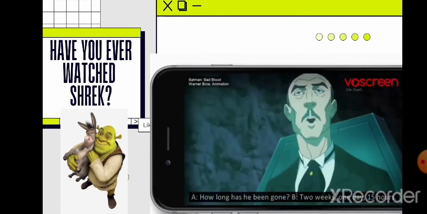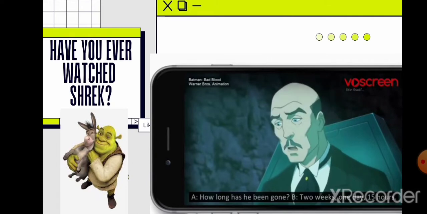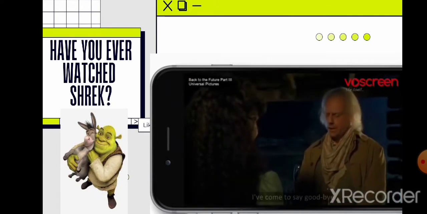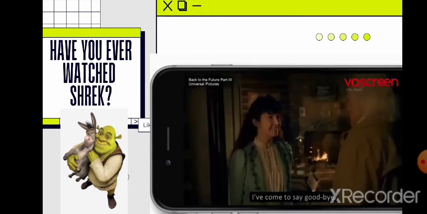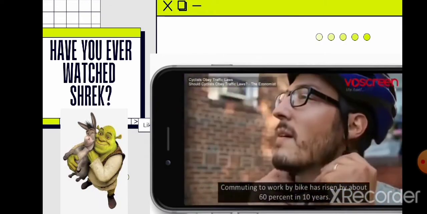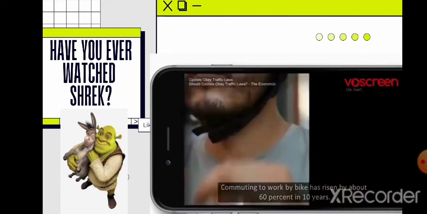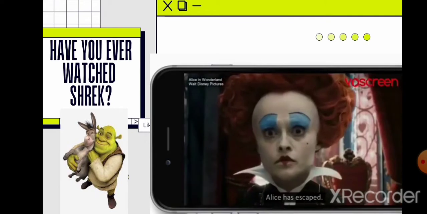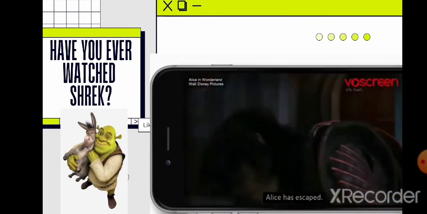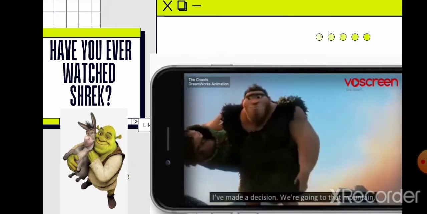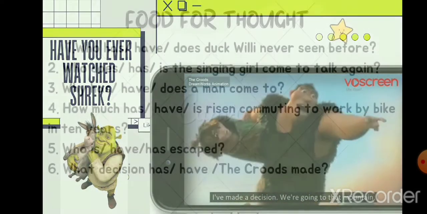How long's he been gone? 2 weeks, 1 day, 15 hours. I've come to say goodbye. Commuting to work by bike has risen by about 60% in 10 years. Alice has escaped. I've made a decision. We're going to that mountain.